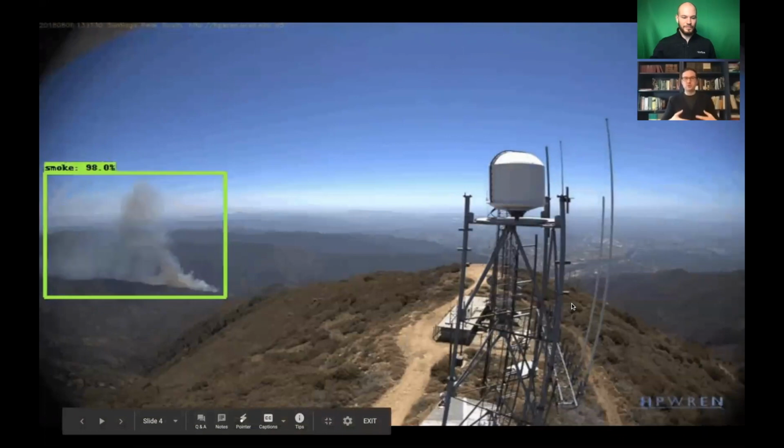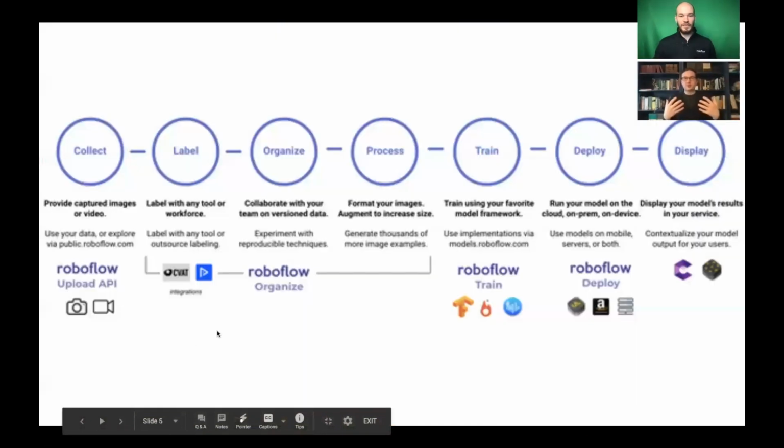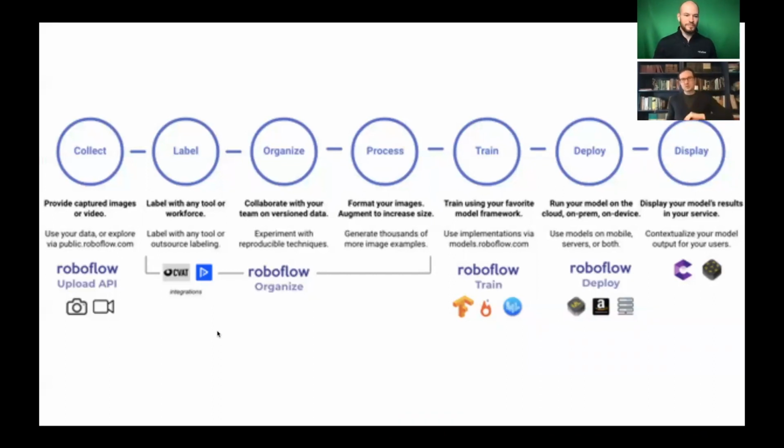Yeah, so for people who come from a data science background, the steps to tackling a computer vision problem are not going to look that different from the steps of tackling just a general data science problem. In this case, data are going to be the images that we work with. But if you're less familiar with a data science workflow, for example, if you are a web developer or a product manager or somebody who just doesn't have as much experience in data science or data analysis, there are a series of steps that you can take to solve a computer vision problem. This is something that we've put together at Roboflow, and you'll notice that there are 7